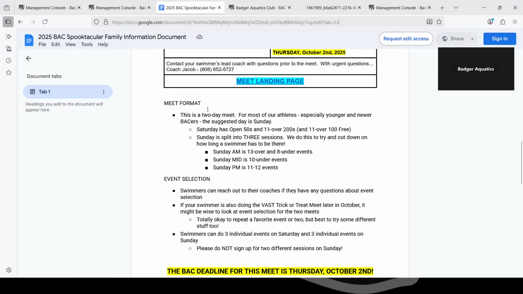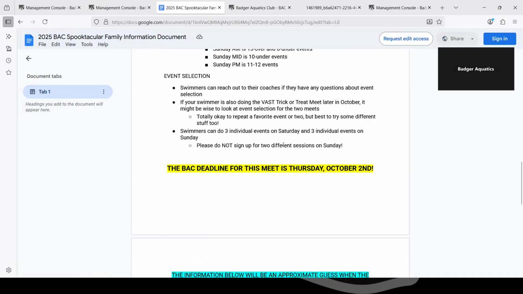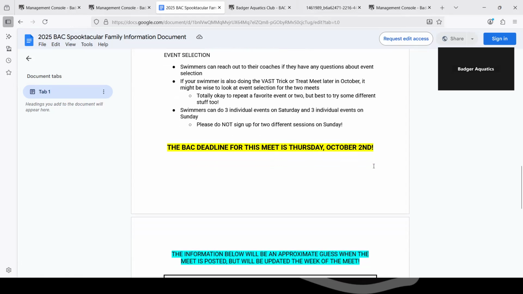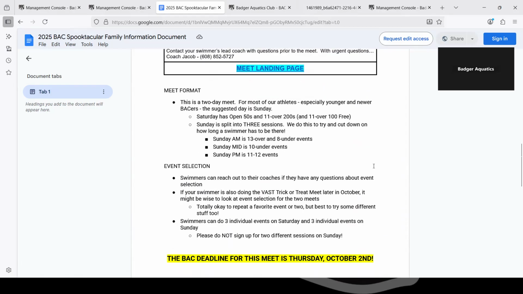Some bullet points on what the meet format is, some bullet points on event selection and selecting the right events. Big, nice highlighted, bold reminder on when the deadline is. This is all the stuff that we have posted that you should look at before you sign up for the